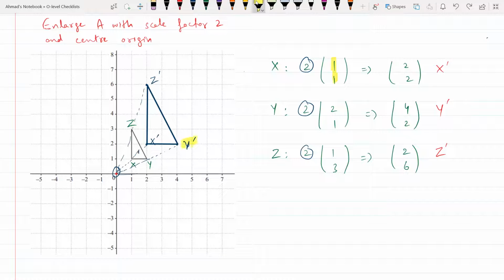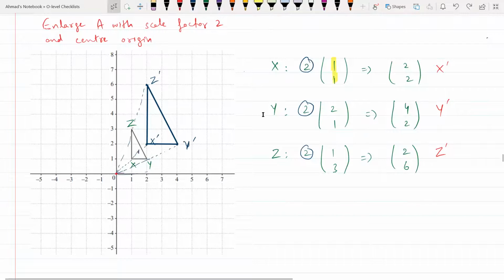y bar तो कैसे पहुंचेंगे आप, 4 right and then 2 up, that's your y bar there, okay। अच्छा, similarly for z here, z पे आप कैसे पहुंच सकते हो, originally 1 right and 3 up, उसको 2 से multiply किया, you get 2 6, so you got 2 units right and 6 units up, that's your z bar here, okay। So that's how you can do it theoretically,